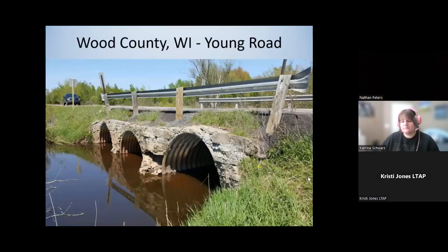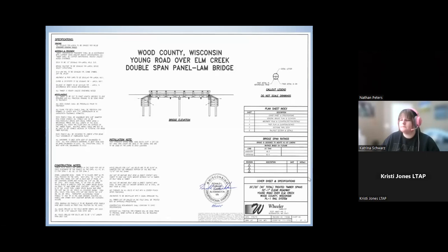This is on Young Road there in Wood County. They had a triple culvert crossing that they were looking to replace. So they had gone in. So this is kind of what our engineered drawings would look like. Our design package that came to them with shop drawings for fabrication,